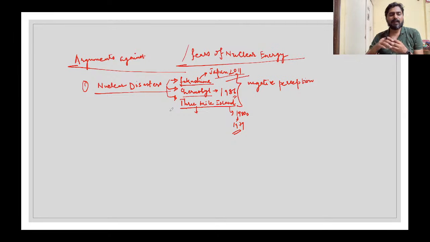So local people are opposed to that. The second greatest fear with respect to nuclear power plants is the nuclear waste that these power plants produce. Nuclear waste is a cause of concern. The problem with nuclear waste is its inherent nature: it is very radioactive, and it will remain radioactive for more than 1,000 years. So no matter where we store it, it will cause some contamination or harm or damage to the environment. That is a cause of concern.